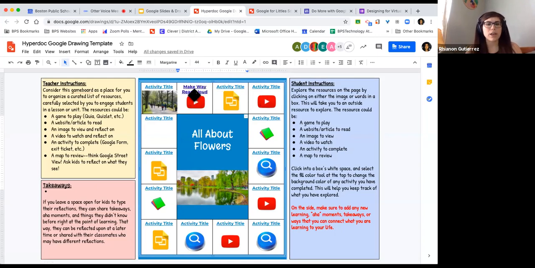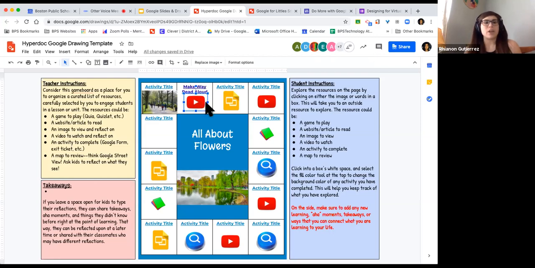For example, I have different icons that mean something different. So if there's a Google or a YouTube link here, that means it's going to take me to a video. If there's a yellow icon here that stands for Google Slides, it's going to take me to a slide deck. If it's a sticky, it's probably going to take me to a note of some sort. So those icons are letting the students or the users know, oh, we're going here for this.